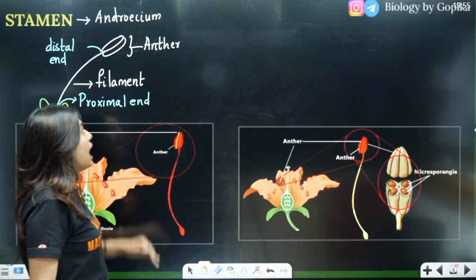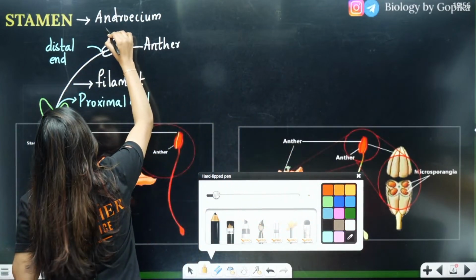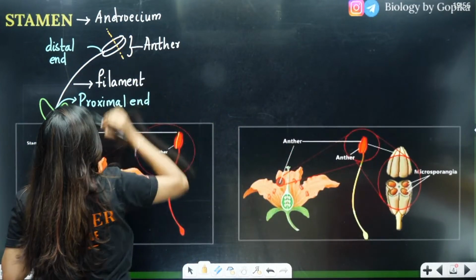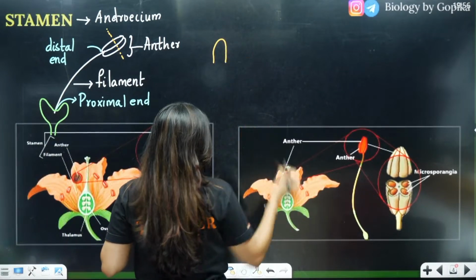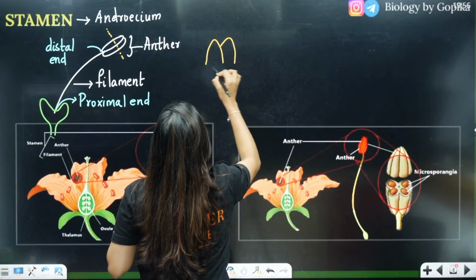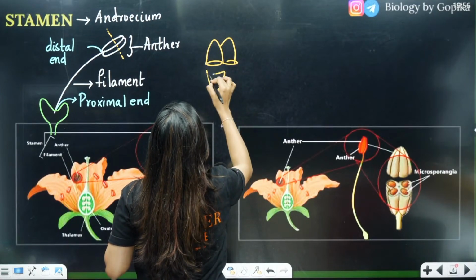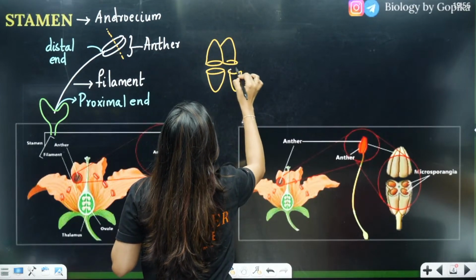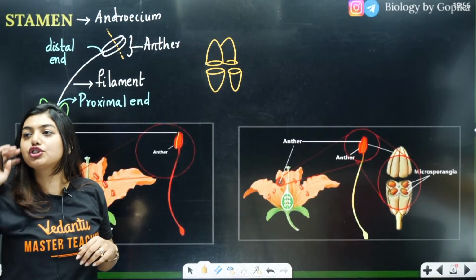Now, let's say I take a cross section of this, like this. I'm going to get a structure like this, right? I've cut this portion, same thing I'm going to get. Now, if I want to see the inside of it, I have to check, right?